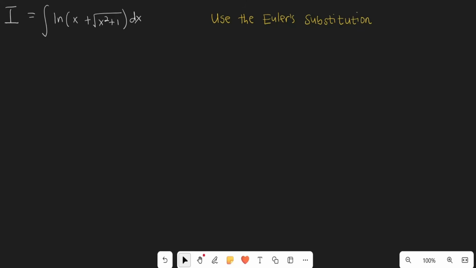Let's solve this integral using the Euler substitution, right? As you might know, this function, the ln of x plus the square root of x squared plus 1, is the inverse hyperbolic sine of x, right? So instead of integrating this function, you can integrate the inverse hyperbolic sine of x using integration by